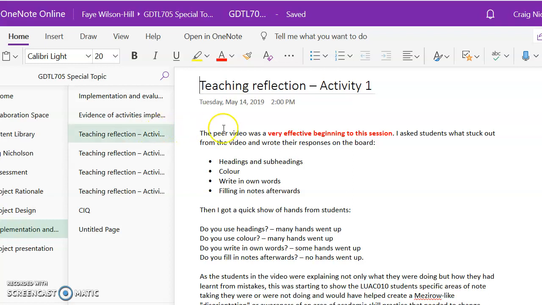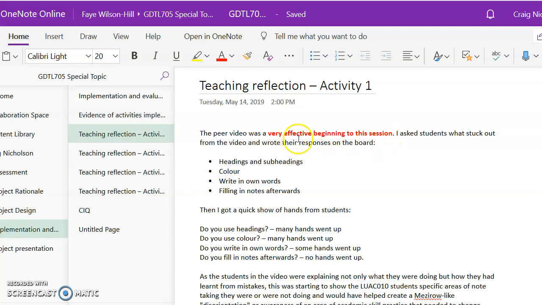So looking at the first activity, I showed a very short peer video, very effective, and that's what I've highlighted and read. Having re-evaluated it as part of this model, I've gone back and highlighted some stuff in red to revisit those feelings about it, and just highlighted the feeling aspect of it that's coming out and what I described here according to Boud and Walker's model.